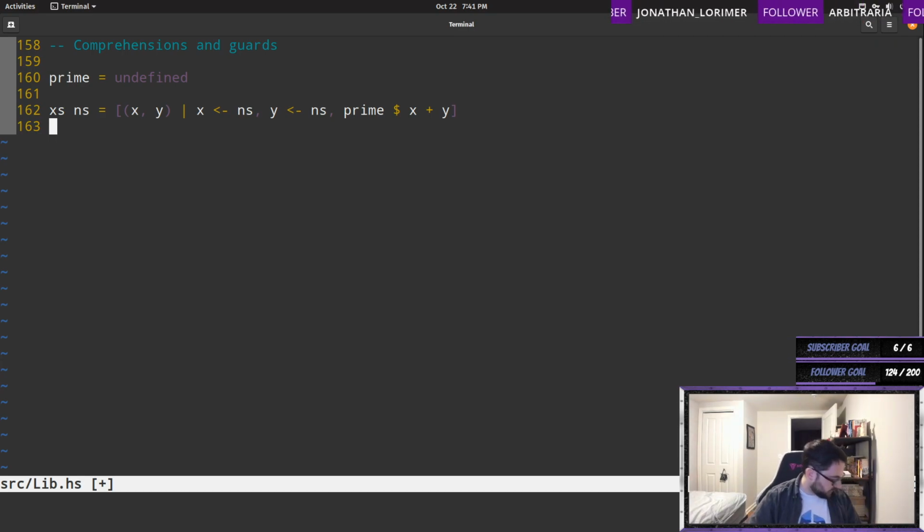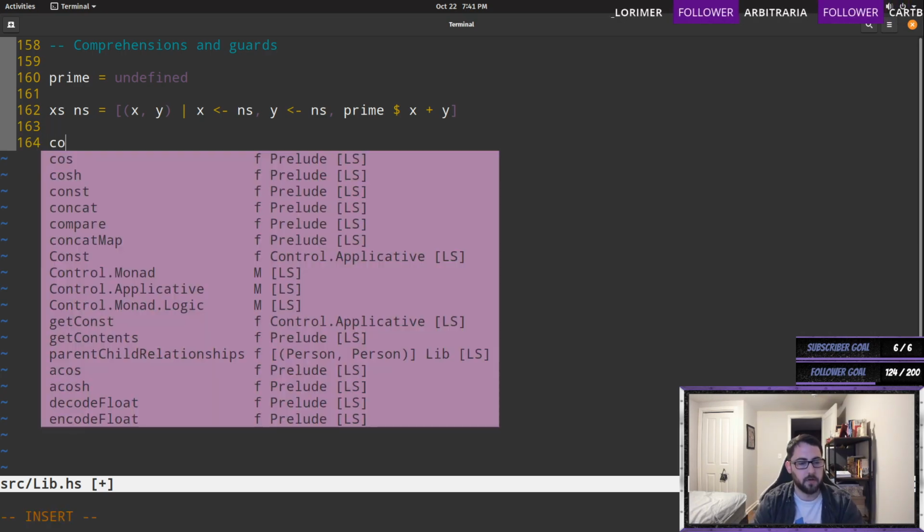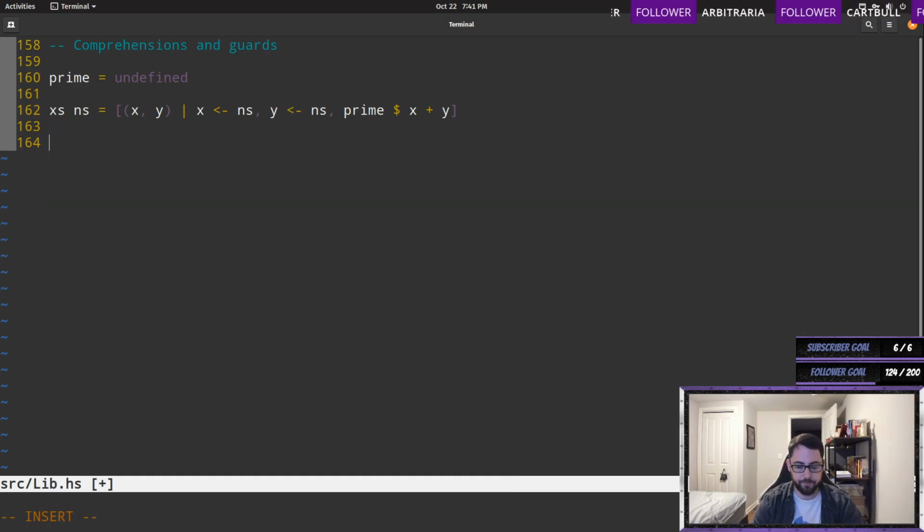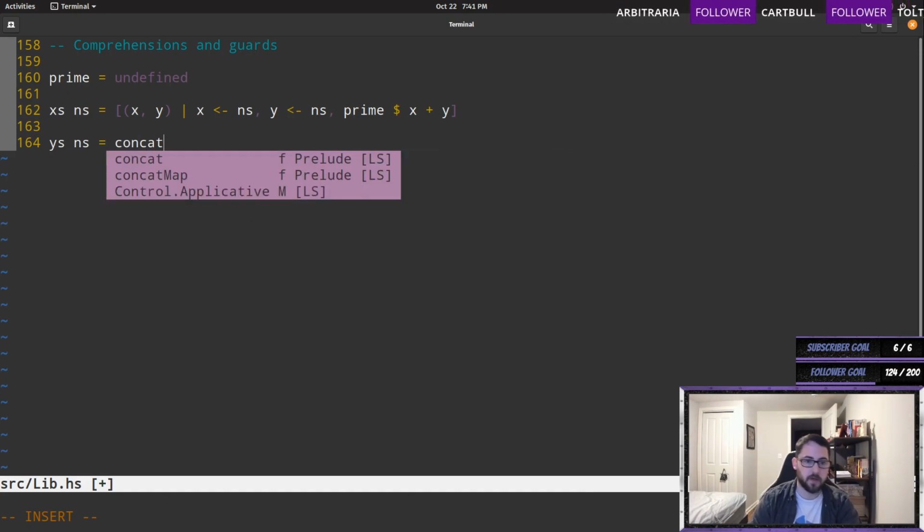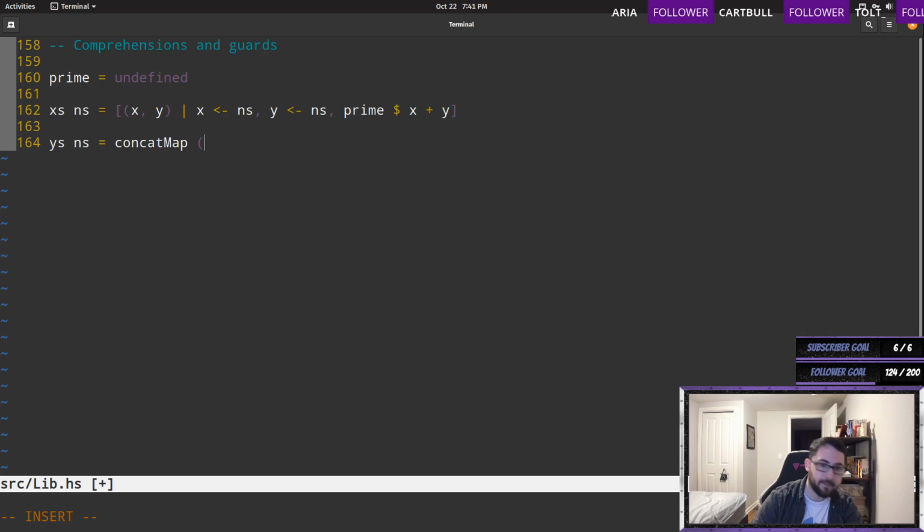It says the Haskell report literally translates this to the following. YS NS, concat map. I'm gonna put this on the next line. Concat map prime x plus y, then